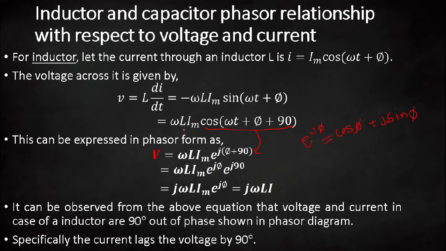Okay, so omega L and Im is constant, so we don't have to worry about this, but this term can be converted using Euler's theorem, that is e raised to j (phi plus 90). Again we have omitted this omega t, because if you mention omega t right here, then it will be e raised to j omega t, and we are suppressing this factor by assuming that we are converting the time domain signal into the phasor domain. So we are just eliminating this factor e raised to j omega t. In that case it will be e raised to j (phi plus 90) only.